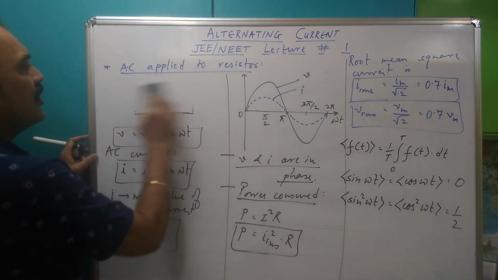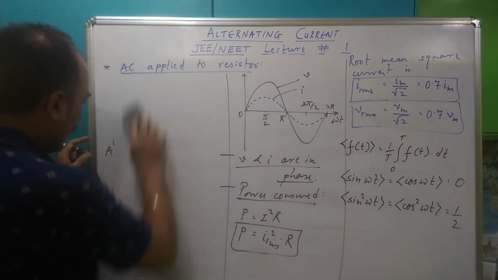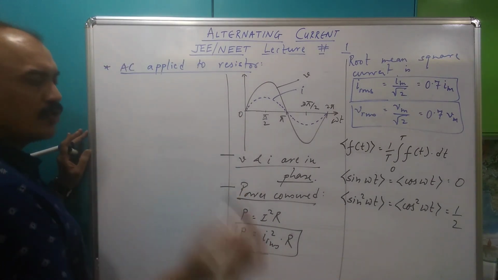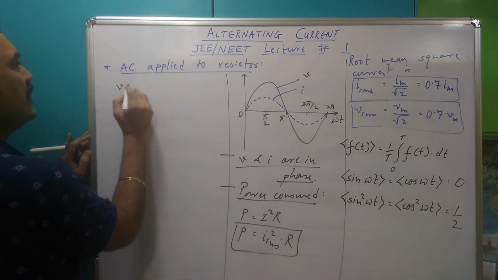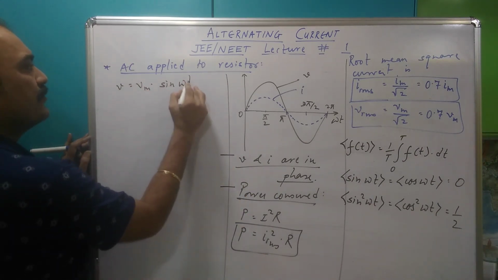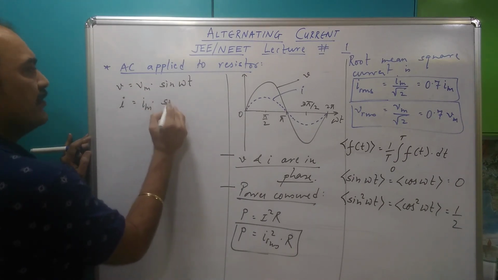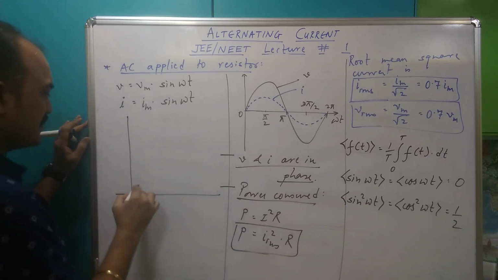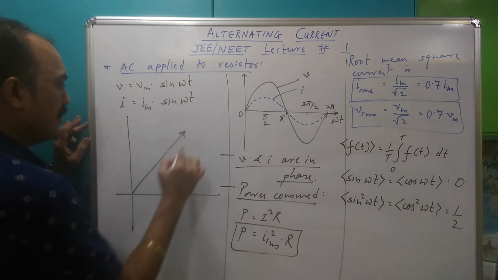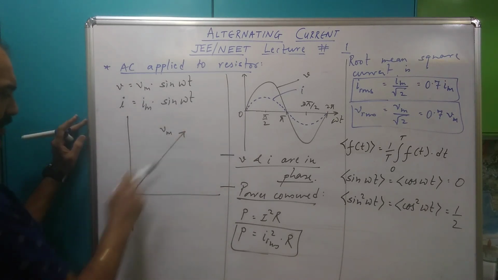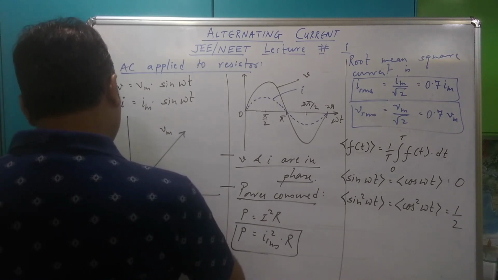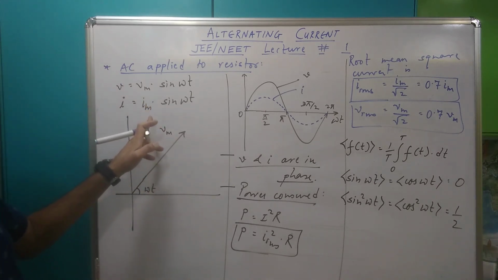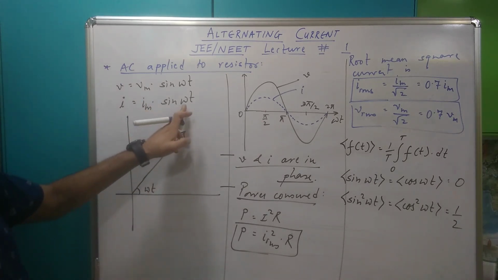What is a phasor? It's a rotating vector which will show the value of current and voltage at any given time. And for drawing or understanding a phasor, you need to know the equations for voltage and current. So what are the equations for voltage and current? V is equal to Vm sin omega t, I is equal to Im sin omega t. So what am I going to do? I'm going to draw the axis. I am going to draw one phasor. This is voltage. The length of this vector is Vm, and the angle it makes with the x-axis is omega t. I'm going to draw current having length Im and having the same angle omega t.